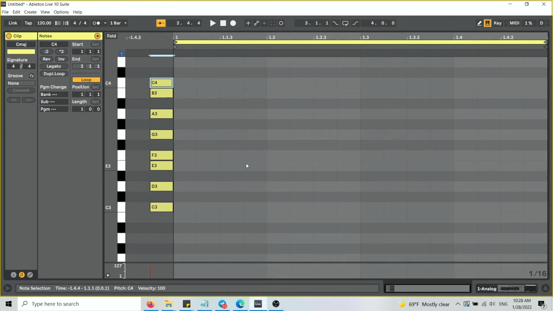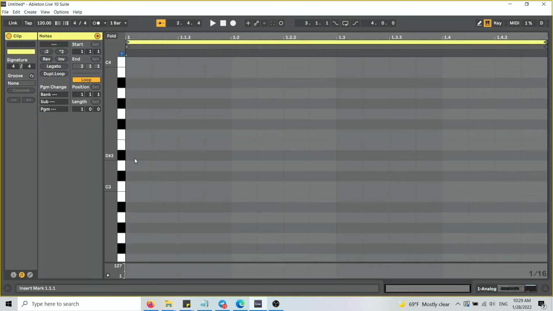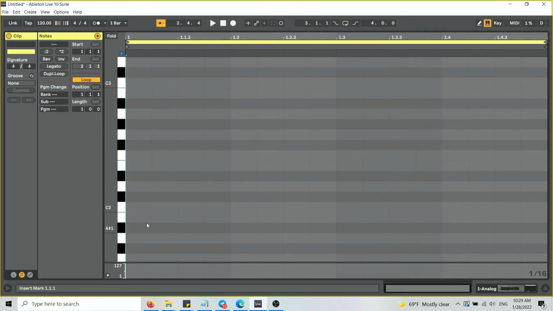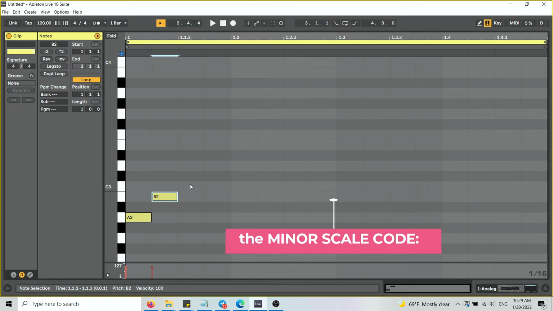And the easiest way to find the notes for a minor scale is to go to A, and from A, if we play only the white notes, it is going to be a minor scale, the A minor scale. So create another clip here, and let's go to A. So let's start maybe at A2, right? So now if we take only the white notes,